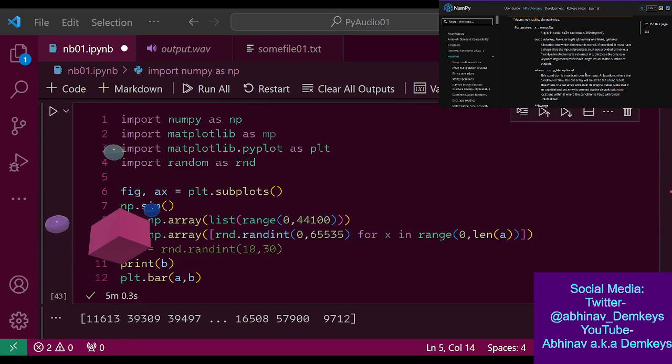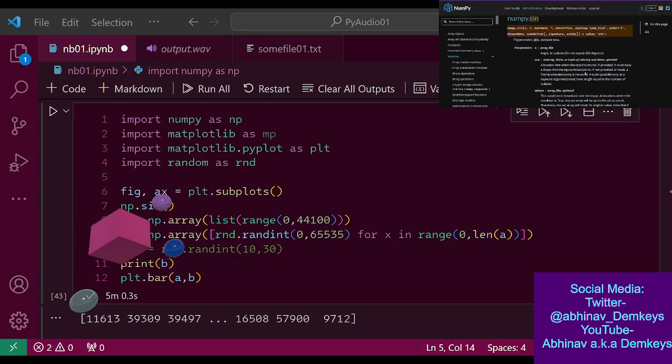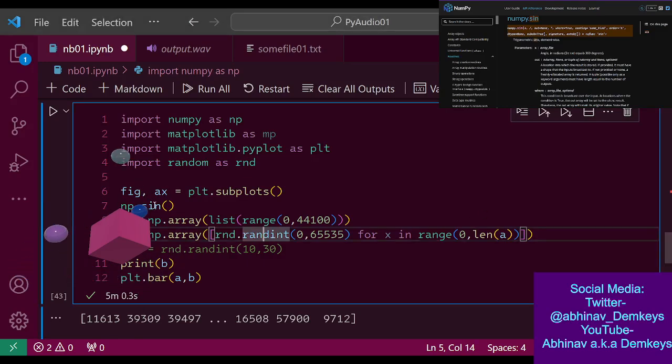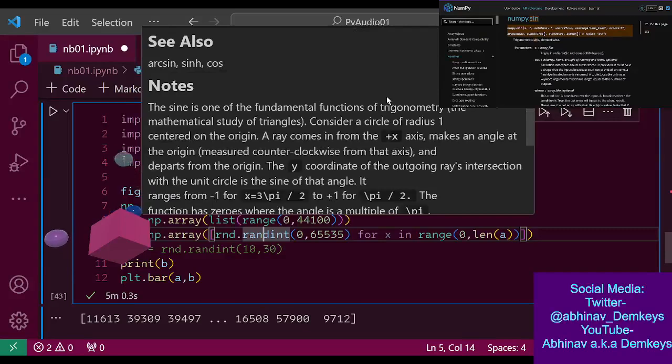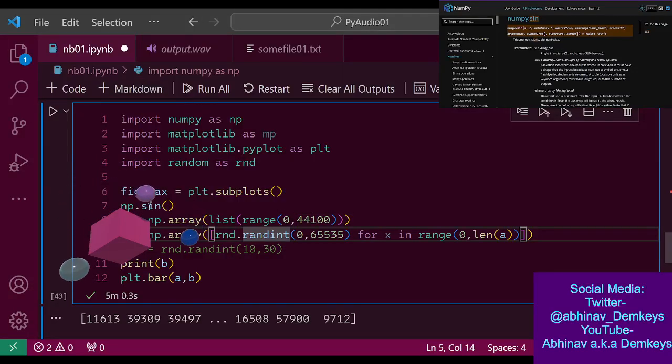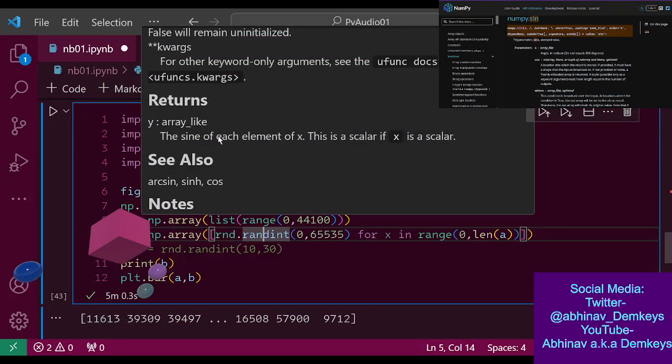A location into which, wait, so what does this return? Is there a return value? I can't read any of, okay, hold on. Oh, it returns something. It returns y, which is an array, the sine of each element of x.